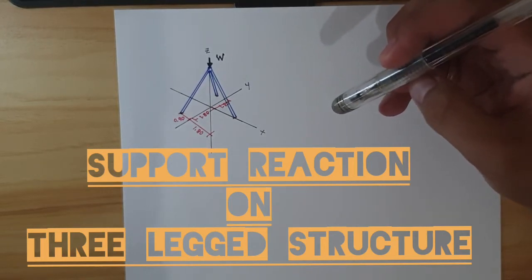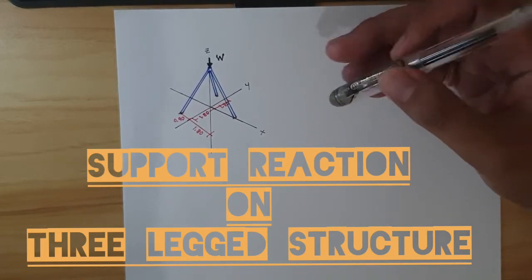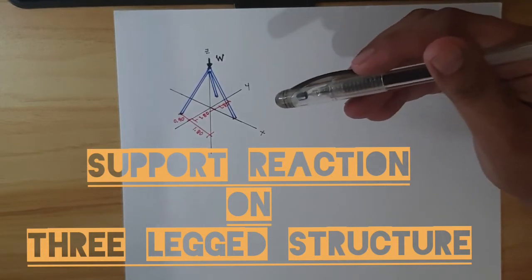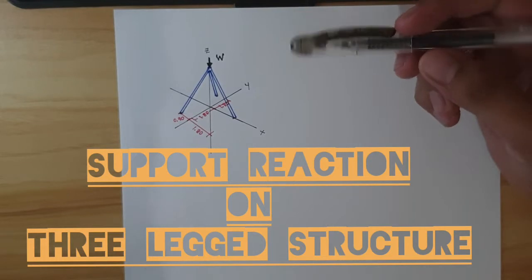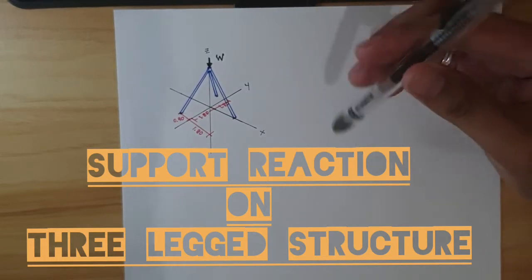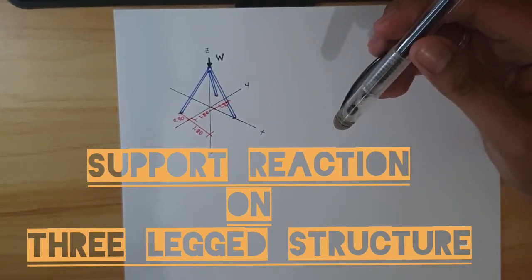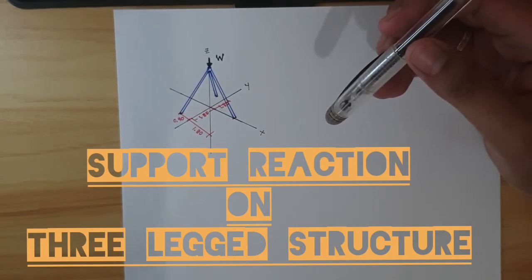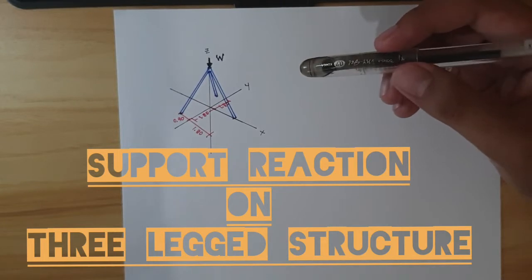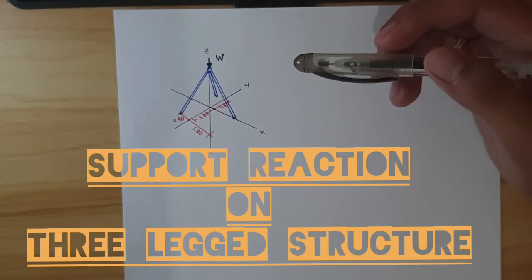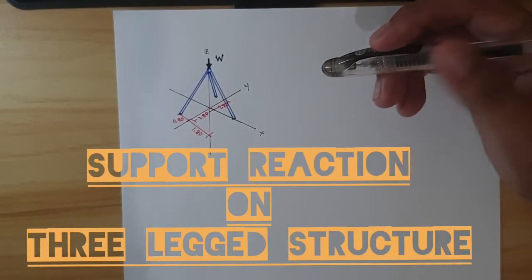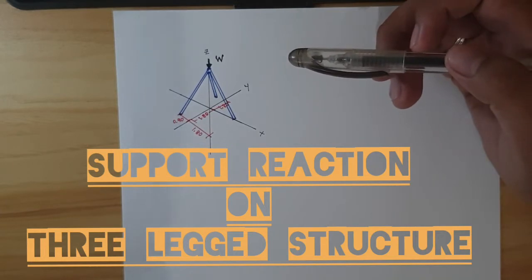Previously nakadiscuss ta about sa mga types of structures. Now we have 2D structures and we also have 3D structures. For the 2D structures, those are structures nga ang forces o ang members niya nag-act coplanar or acting on the same plane. So one plane lang, two axis, one plane. So karon let's try to